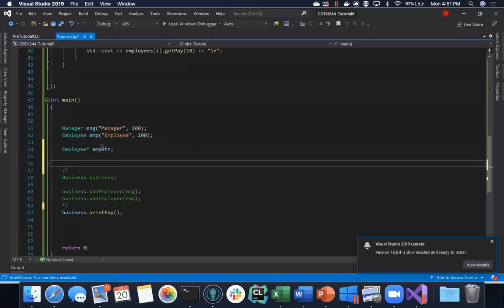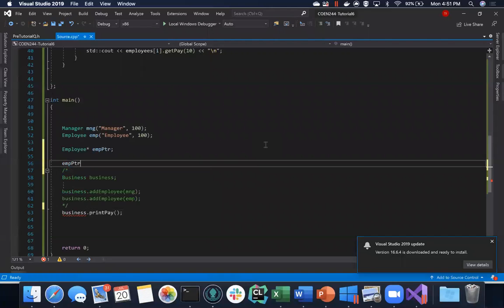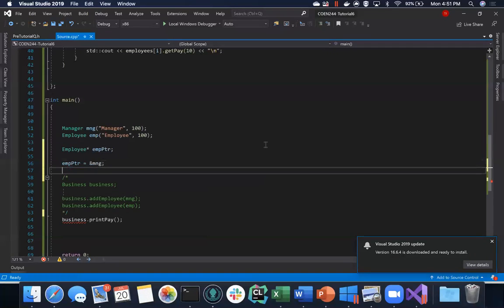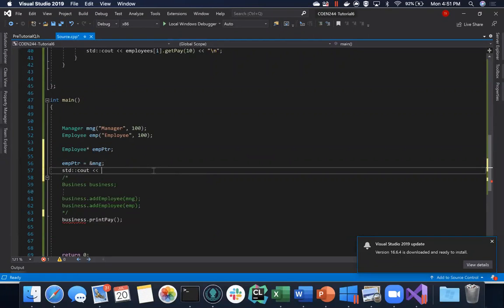We have here a pointer to employee, and we're going to take the address of manager. So we're using this character to take the address of manager, and we're storing it inside the employee pointer. If we do pointer get pay,